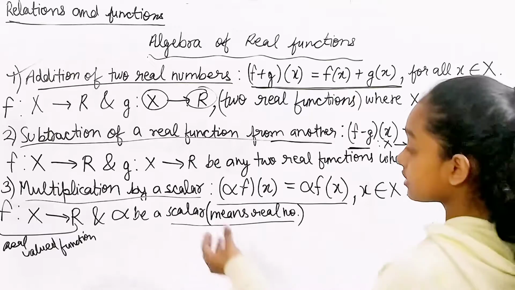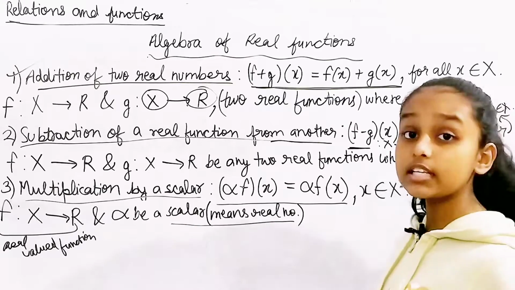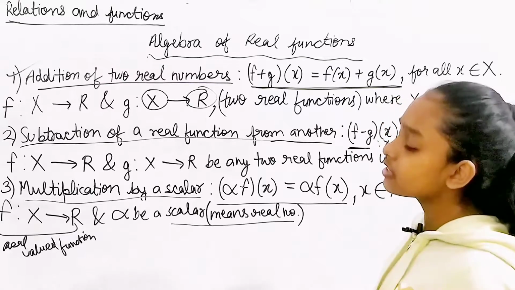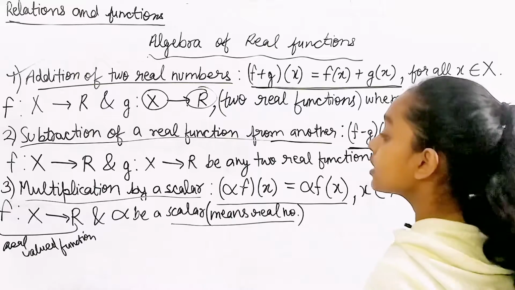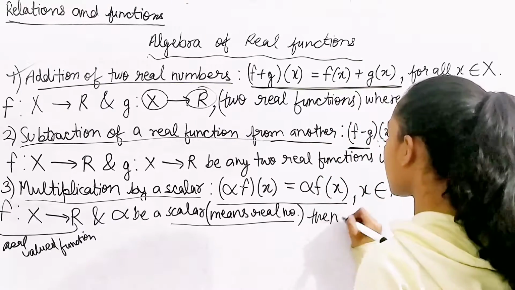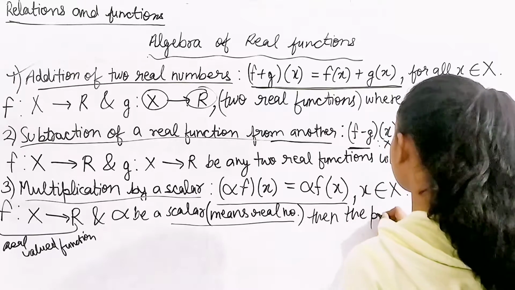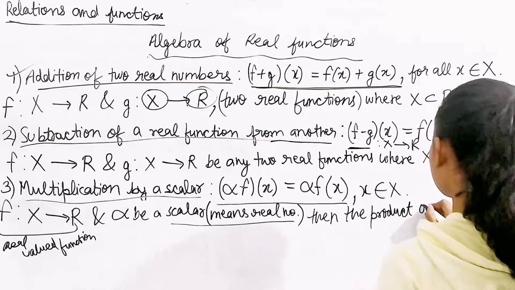That's it. And the scalar is a real number. The difference is that one is a function and the other is only a number. So then what are we going to say? Then the product, as we're doing the multiplication, of